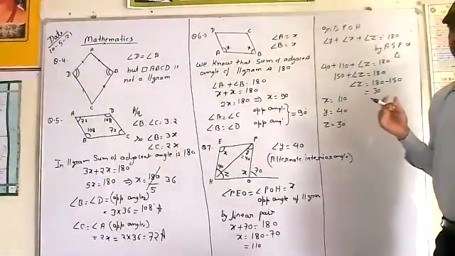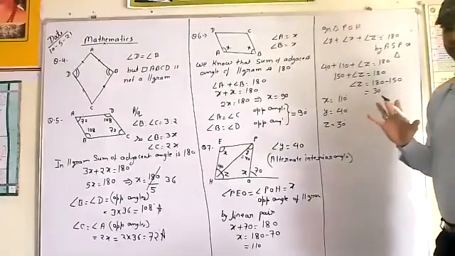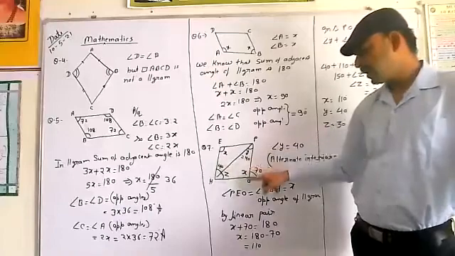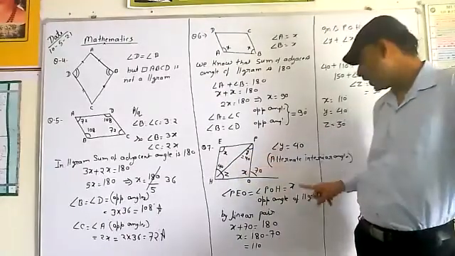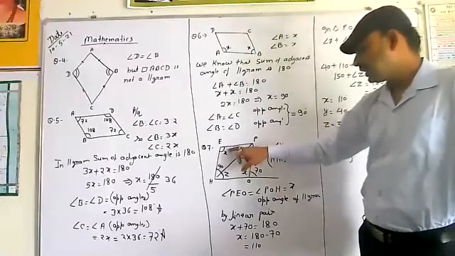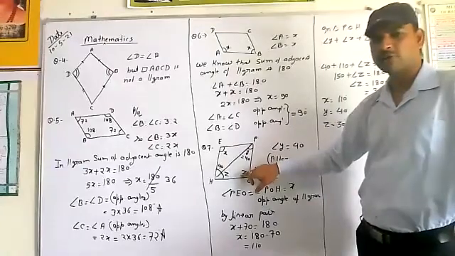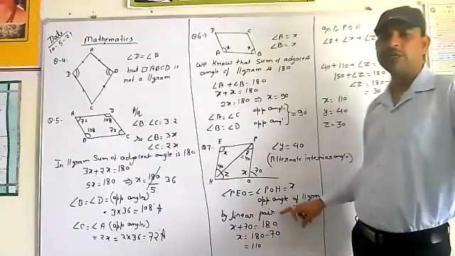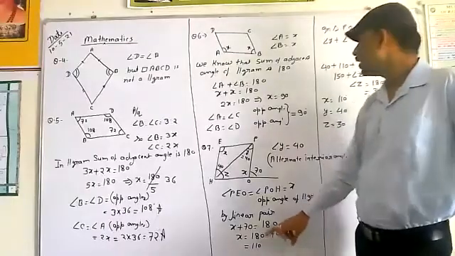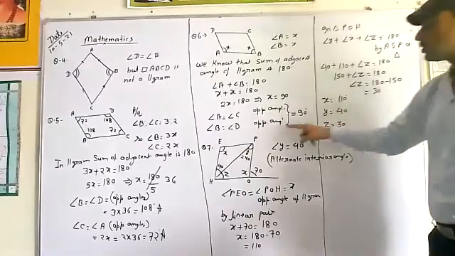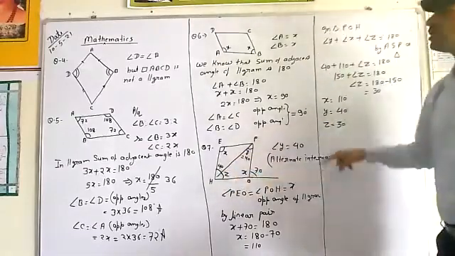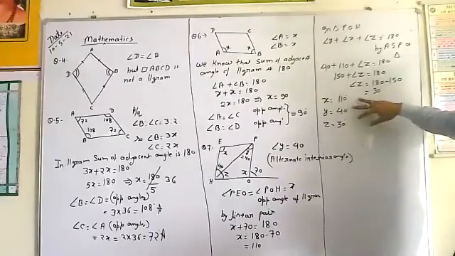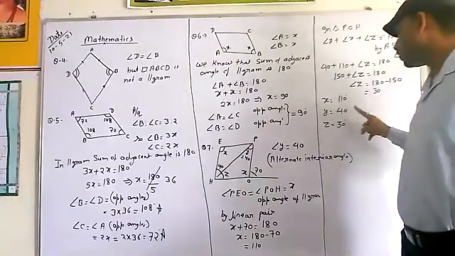Okay, any query? किसी स्टूडेंट्स के पास कोई भी समस्या हो फिर मैं हिंदी में समझा दे रहा हूं अच्छे से। लिसन, देखें y और ये 40 ये अल्टरनेट इंटीरियर एंगल है, तो y भी हमारा 40 डिग्री हो गया। फिर इसके बाद ये हमारा x है, तो ये सामने वाला भी x होगा, अपोजिट एंगल ऑफ पैरेललोग्राम। और ये x और 70 दोनों का सम 180, ये लीनियर पेयर है। x की वैल्यू और y की वैल्यू को एंगल सम प्रॉपर्टी ऑफ ट्रायंगल POH में हमने पुट किया एंड गेट द वैल्यू ऑफ z दैट इज 30 डिग्री। So all three measurements of x, y, z are 110, 40 and 30.